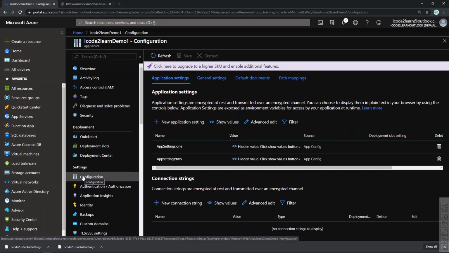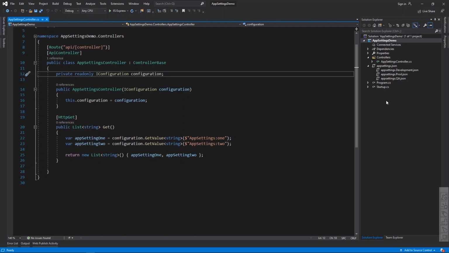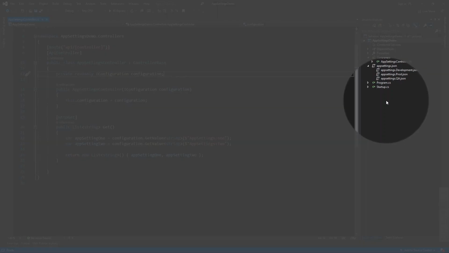You might have a question in your mind about where this will be used. Assume that you have 4 environments like dev, QA, test and prod. Generally we maintain environment specific configuration files as shown here. If you are planning to host your application in Azure, you don't need to maintain environment specific configuration files. You can make use of Azure app settings and configure them there. They won't even be visible to the developers. It will be more secure.